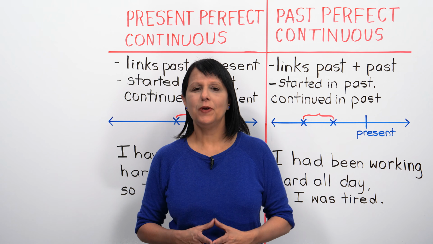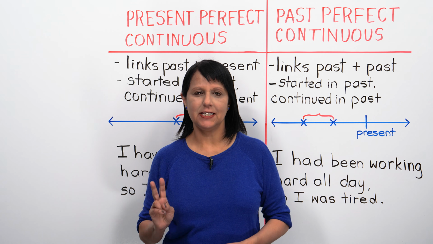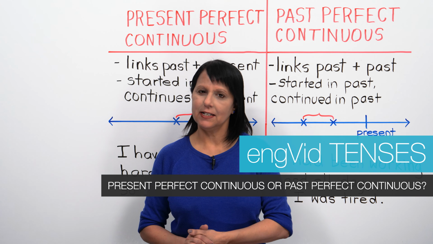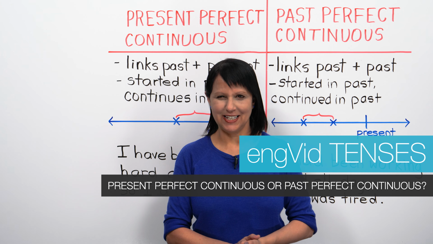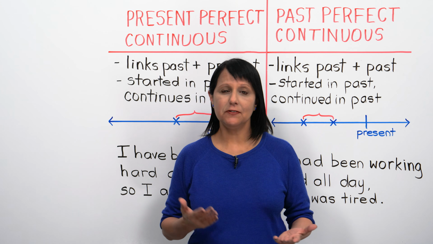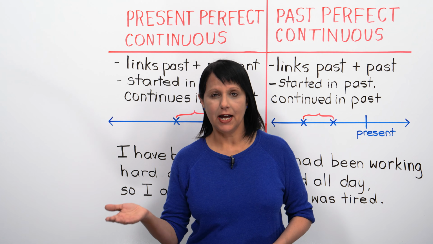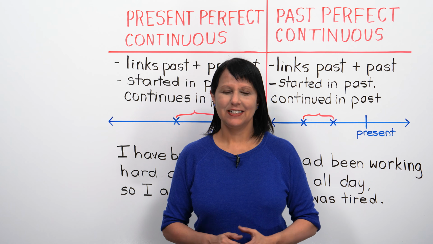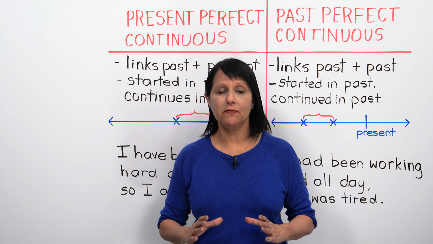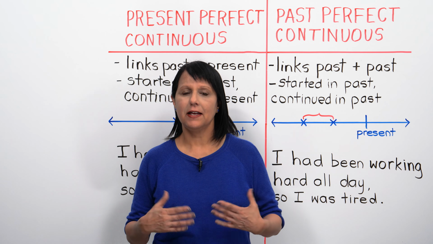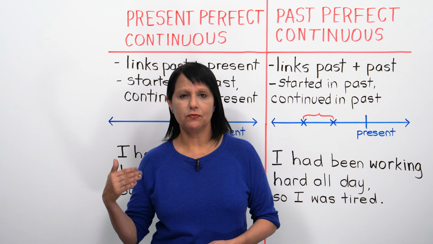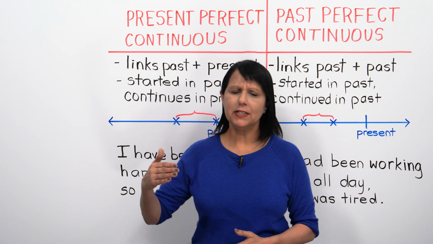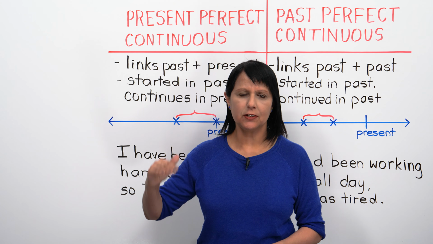In this lesson, we will compare two advanced English tenses, the present perfect continuous tense and the past perfect continuous tense. So you will learn the difference between saying, I have been working or I had been working. Now, this lesson is part of a series of lessons and classes that help you master the English verb tenses. These are all created by engVid so that you can become really comfortable using English and move your English forward